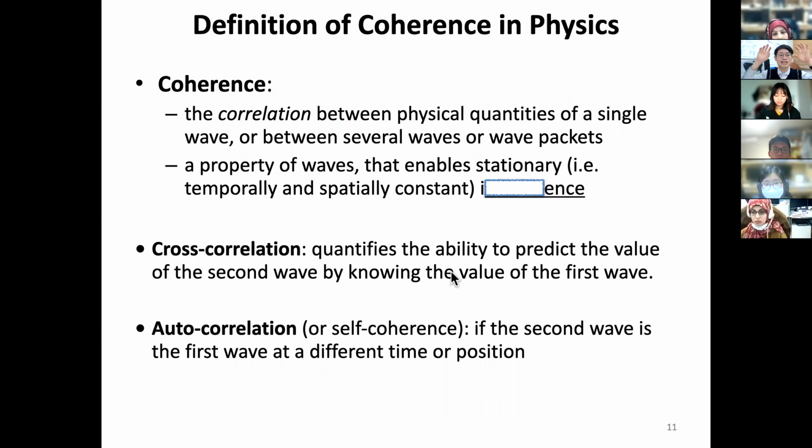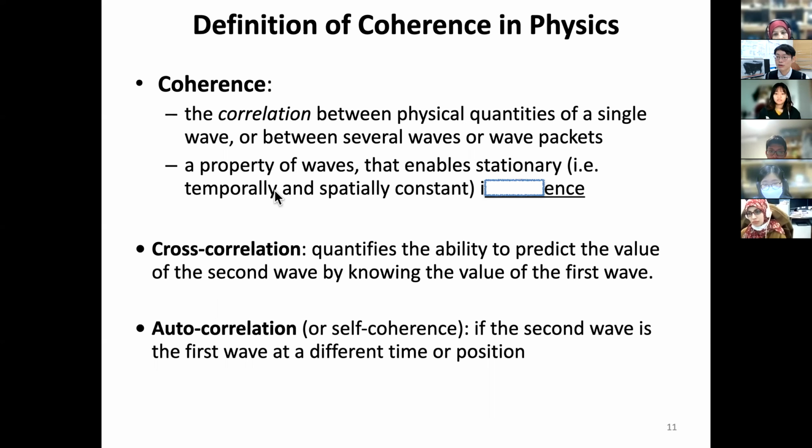So OCT, that C stands for coherence. And what's coherence? Coherence, just as the name says, is the correlation between physical quantities of a wave, or between several waves, or a wave packet, which is like a packet of a wave. And so coherence is a function of a property of a wave that enables stationary